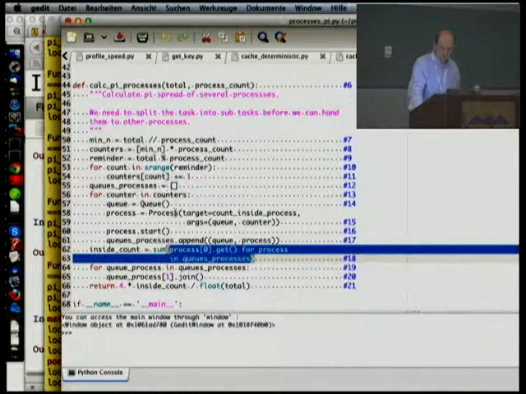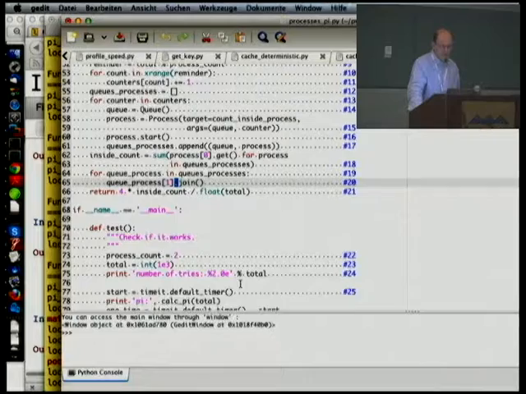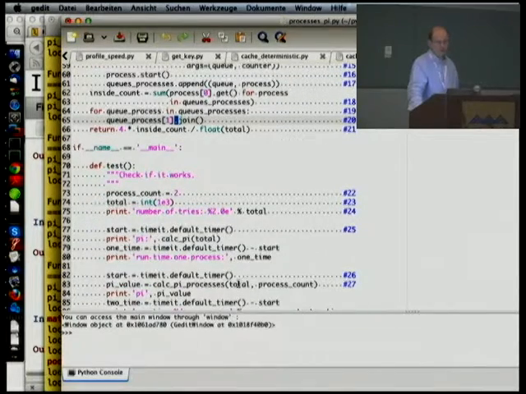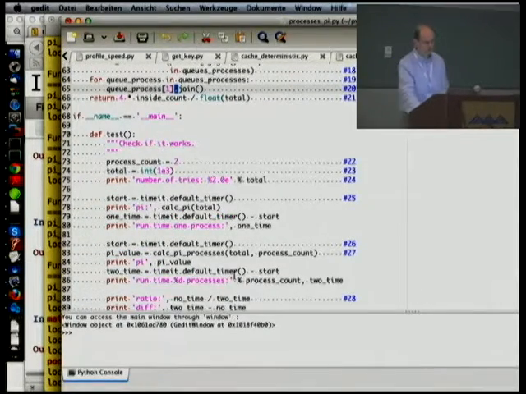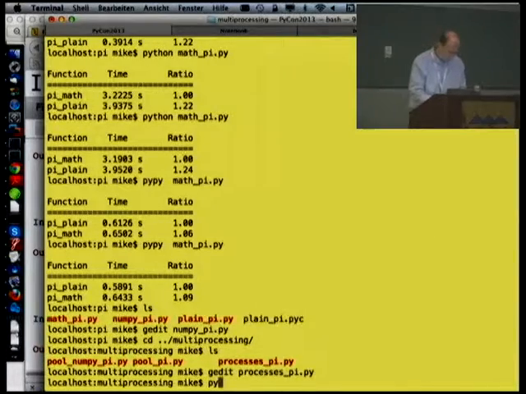So it's a little bit of overhead, you see, but whatever you do is a very similar pattern. And then at the end, I put everything together. I use join to finish. Actually, I use get, but join to wait for the process to finish, and then return the thing. So that's what you can do. And if you run this one, I just have a test function that runs this with one process and several processes, and you might be disappointed a bit by how well it performs, because